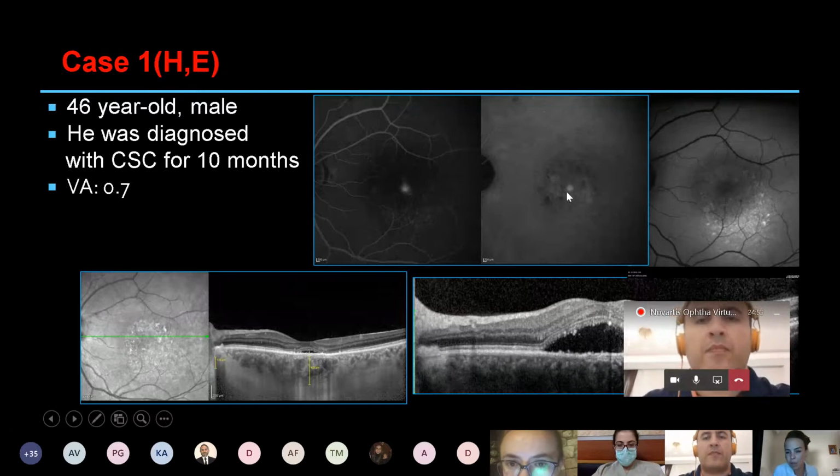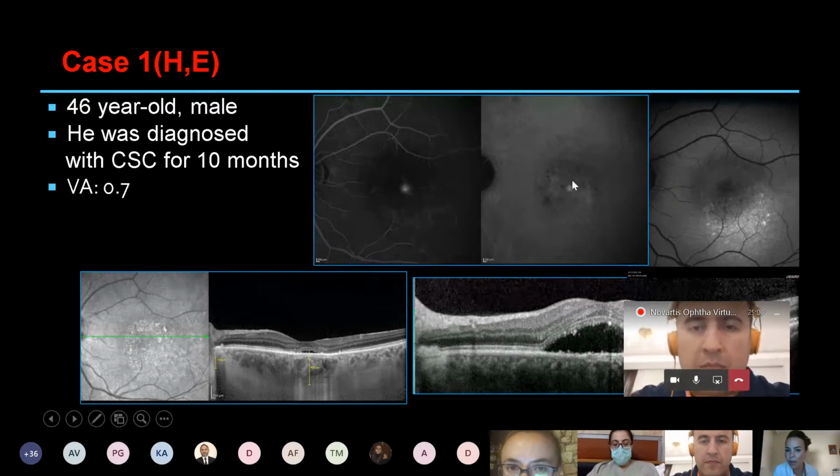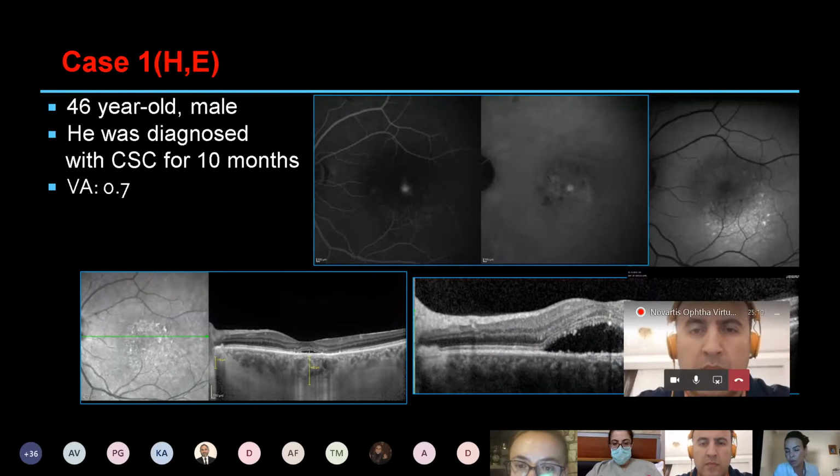Corresponding to that area in the ICG image, a still leaking area showing hyperfluorescence, and around it there is some hyperfluorescence plaque, maybe due to choroidal neovascularization or choroidal hyperpermeability. I was not sure about the diagnosis, but I believe this picture was not typical for type 1 neovascularization like I see in AMD cases. Of course, I had a suspicion about choroidal neovascularization, but I believed he was a pure central serous case.